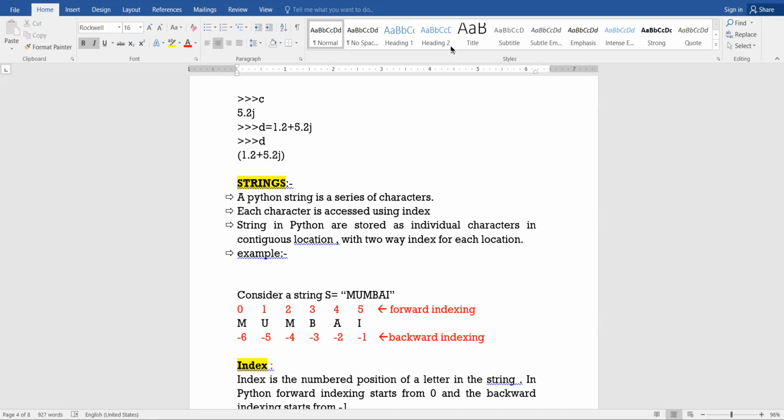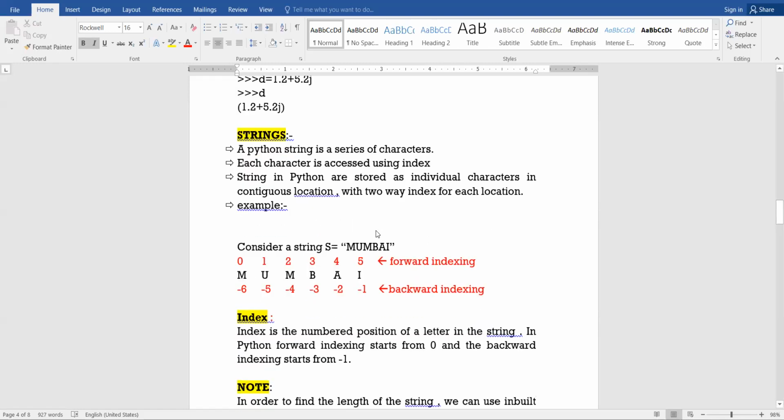Every element in the string has an individual position, and that position is known as the index of that element. Index is of two types: forward indexing and backward indexing. Forward indexing starts from 0 and goes till n minus 1. Backward indexing starts from -1 and goes till -n.